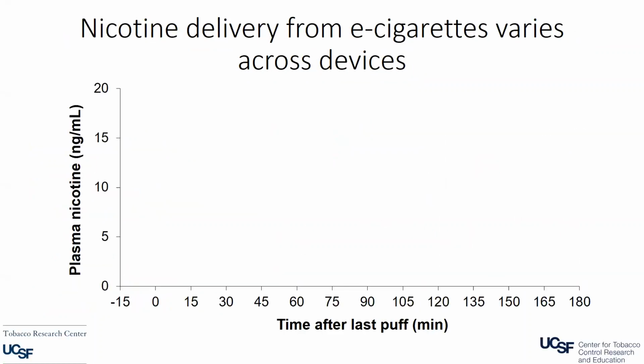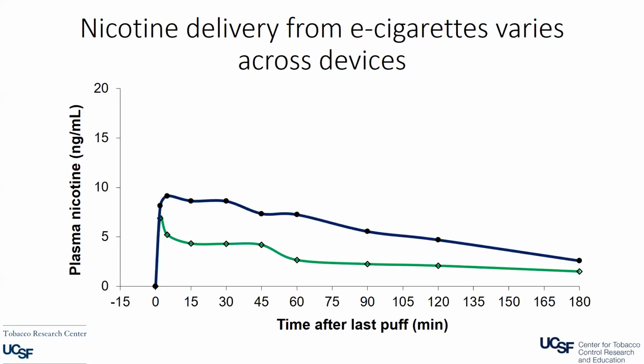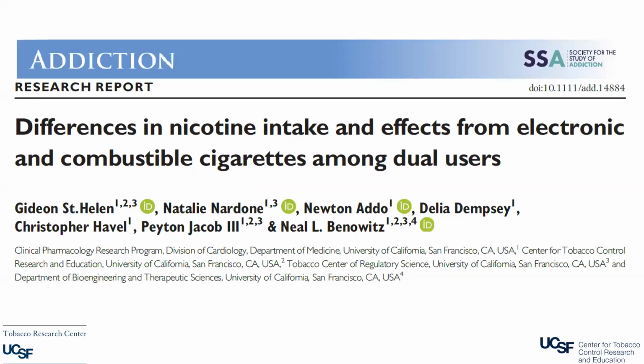Now, nicotine delivery from electronic cigarettes, this is a study we did several years ago. The nicotine delivery from e-cigarettes varies across devices. So you have devices that look like this, with very low nicotine delivery. This is the blood nicotine levels. You have those that are slightly higher, but you have this plateau. And then there are those devices where the blood nicotine level looks exactly like what you'd see from the use of a combustible cigarette. This profile, the one in red, is exactly like what you'd see from smoking a cigarette. So you have quite a variability in nicotine intake from these devices.